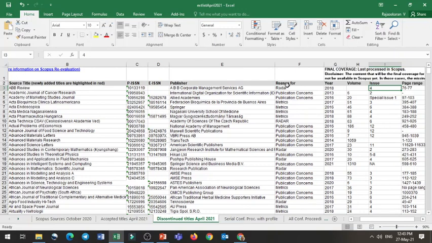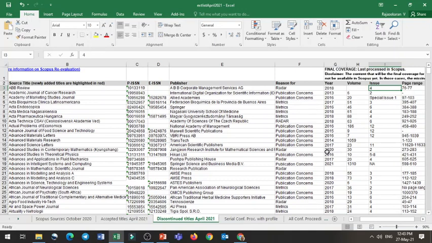This ABB Review has been indexed up to 2018, up to issue 4, and the page numbers are the total number of pages they normally have per issue. So it has been covered up to 2018.